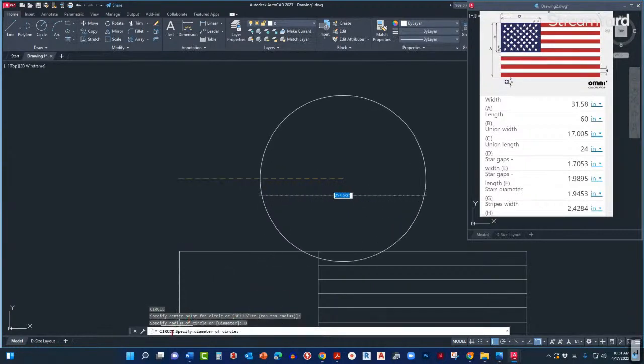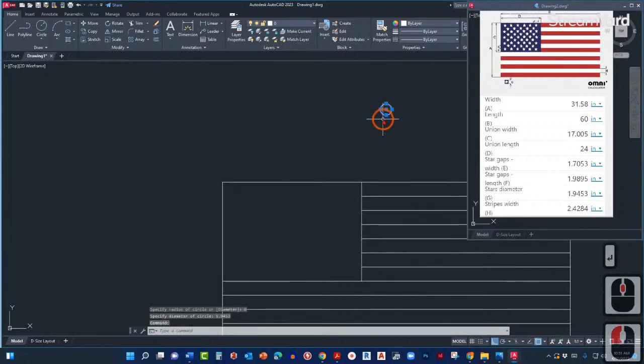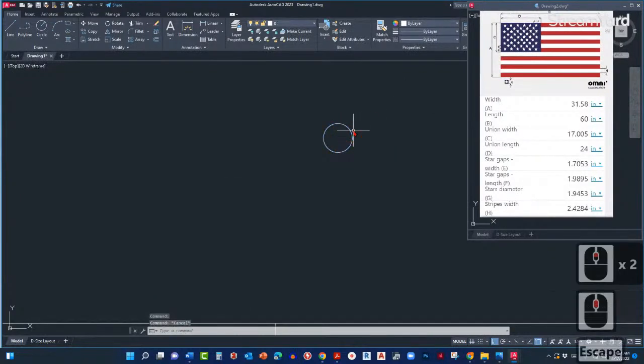And now the command line is saying specify diameter of circle. That's what we want. And the diameter is G. So let's go over here. G is 1.9453 inches. So let's press enter. And we have the diameter for our star, right? So now here we can start drawing our star